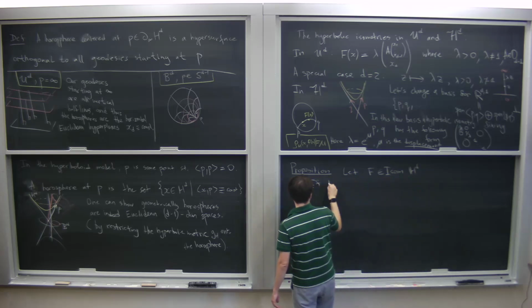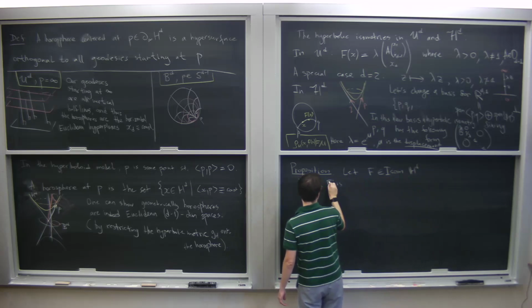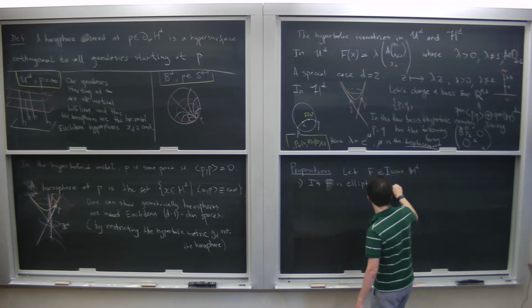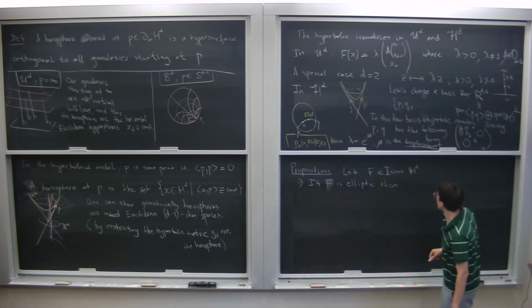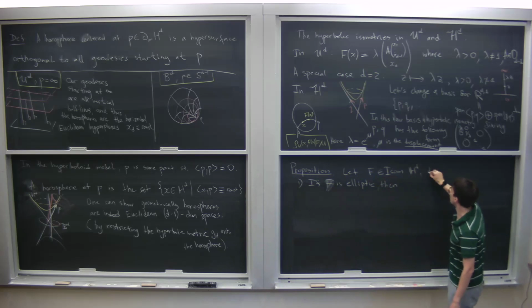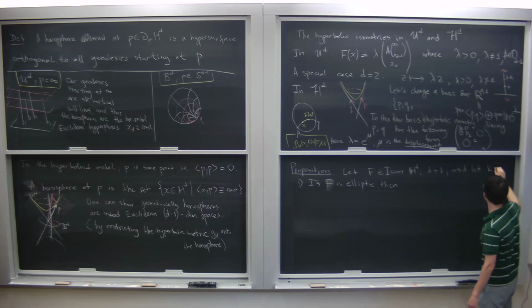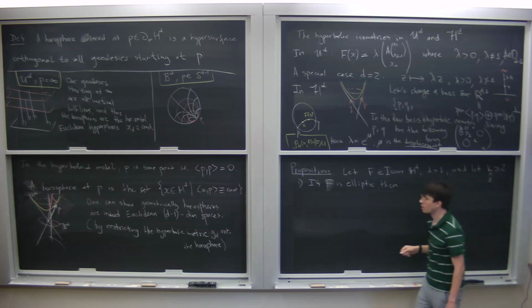If F is elliptic, where d is greater than 1, and also let k be some integer greater or equal than 2, so it belongs to the integers,